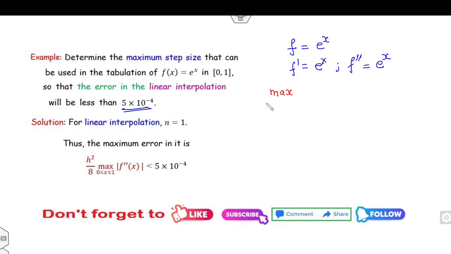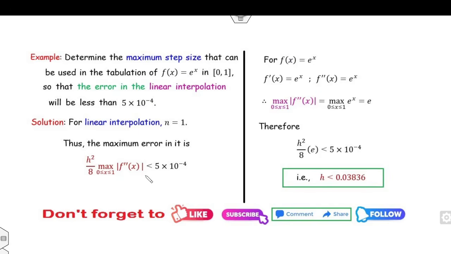Then the maximum value from 0 to 1 of the second derivative. Now clearly, if you write the maximum value from 0 to 1 of e raised to power x, we all know e raised to power x is an increasing function. So the maximum is occurring at the upper bound. That answer is e. I can substitute this value as e. So you will get the answer as h is less than